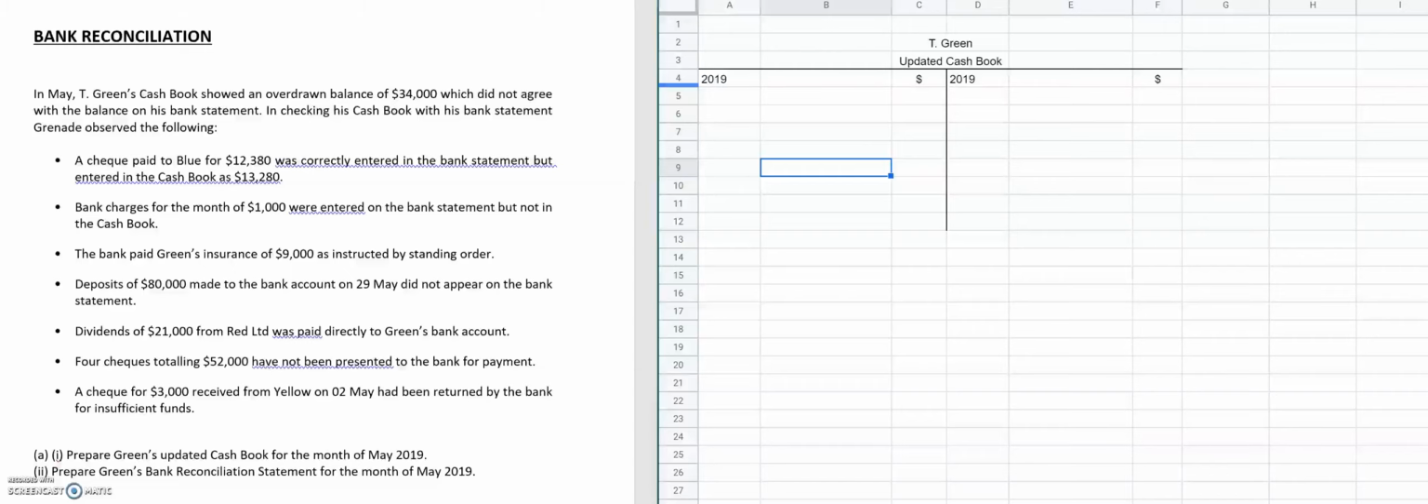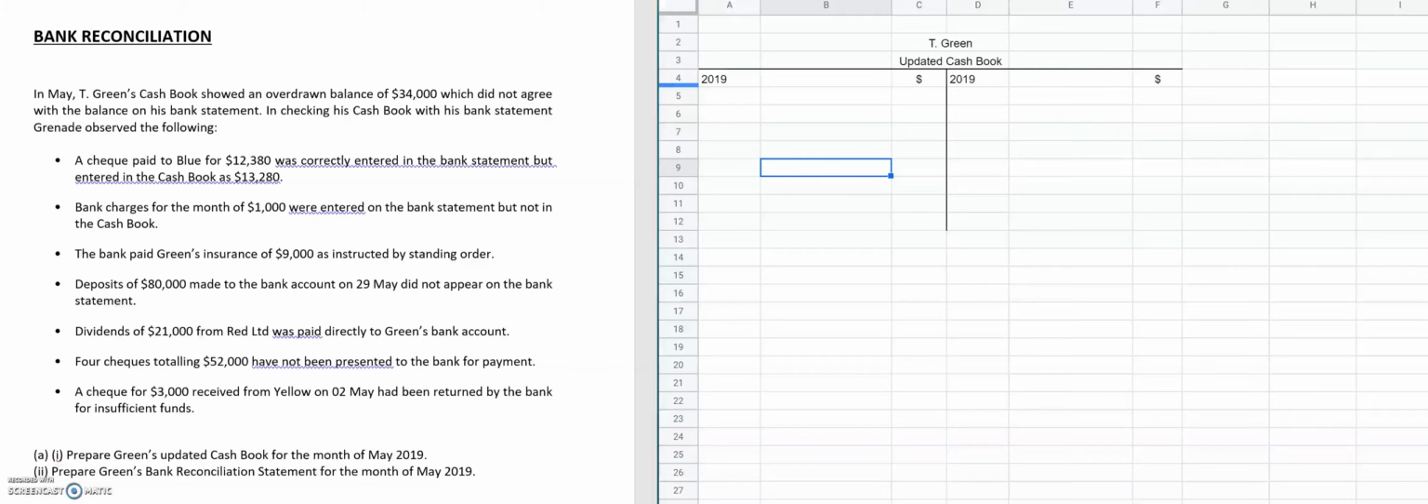Today we will be looking at a bank reconciliation statement. We'll be constructing the updated cash book and the bank reconciliation statement from a worded problem. Now, this updated cash book and this bank reconciliation statement belongs to T Green, and the cash book shows an